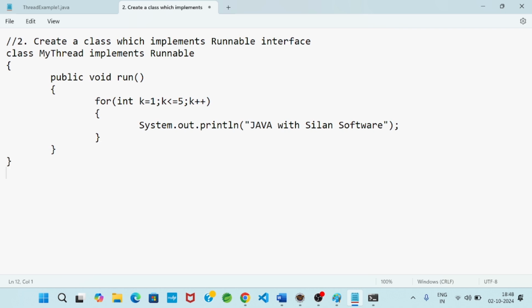Now I will write a class, call it ThreadExample2, with public static void main(String[] args).